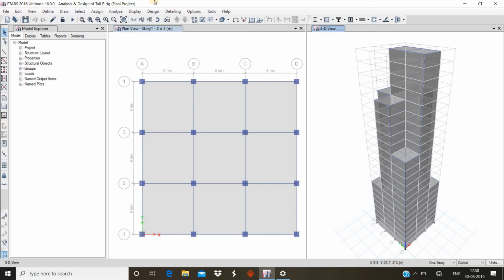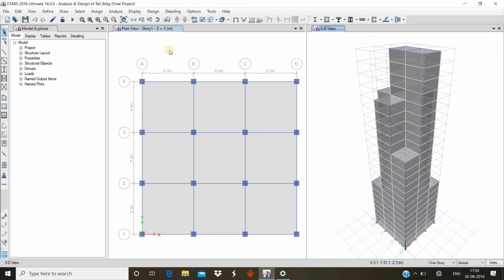So we have added the response spectrum method in this model. We don't have to apply the loads physically in this model, as we have to do for wind load cases or other load cases.